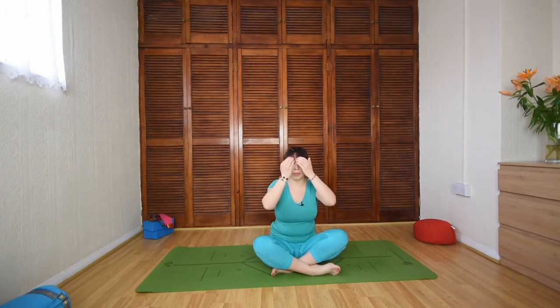And let's do our last exercise, the Brahmari breath, humming bee breath. For that we need to cover our eyes with our palms in form of shell without any pressure. The thumbs covering the ears, shutting all our senses, taking a deep breath in. And when we exhale completely, creating